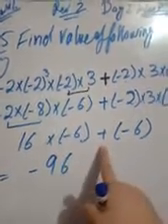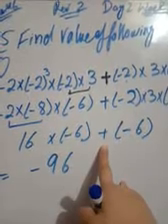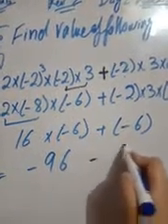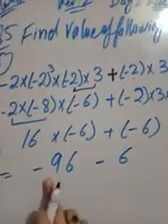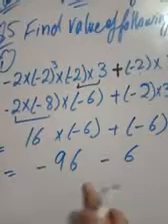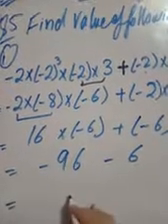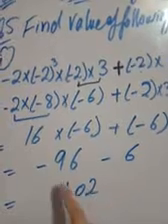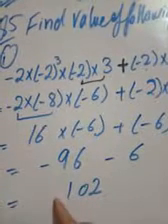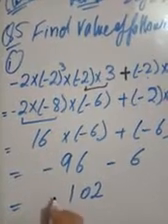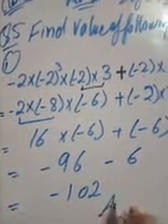And here is a positive sign before a bracket. When the positive signs multiply with the negative sign, it gives a negative sign answer. 96 and a 6 having the same sign, so we will add them. It will give 102, and sign of bigger value will place in answer. 96 is a bigger number, so it contains a negative sign, so negative sign will place in answer.